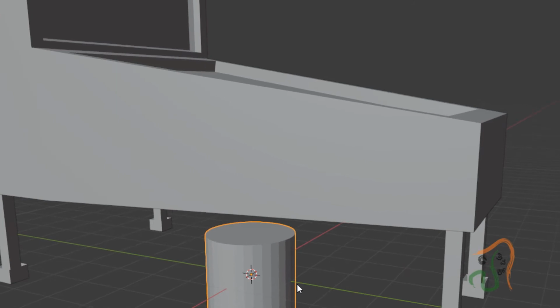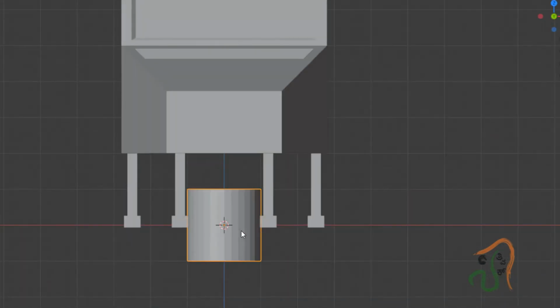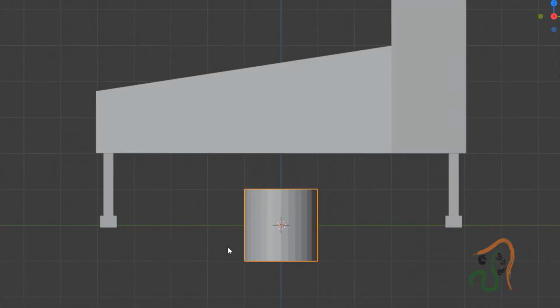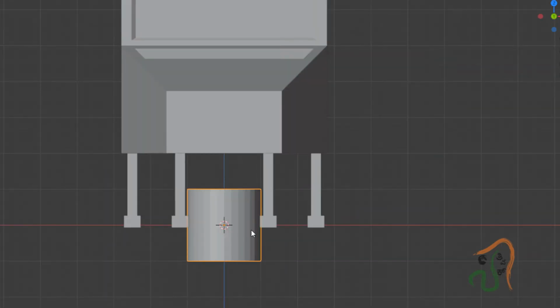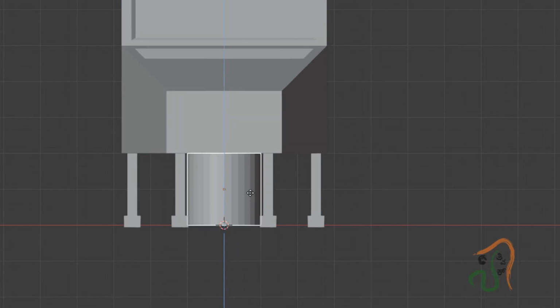Now let us come to the front view, and press G and press Z and move it. Press Shift Tab to activate snapping, move it above, then press R and type 90 so that it is rotated by 90 degrees. Then press S and scale it down a little like this.